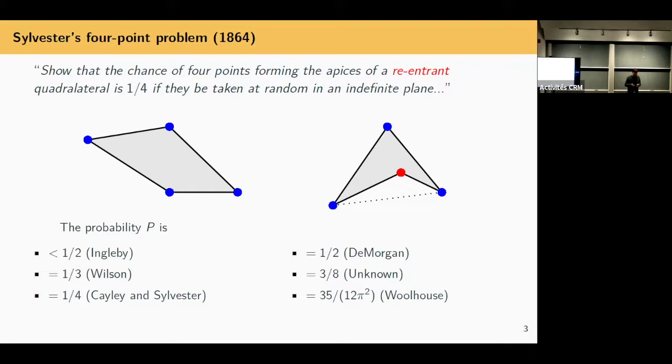Okay, so you can start to think about maybe, are they wrong answers? Or maybe if you parse the question again, maybe it's the wrong question, right? What does the word chance mean, right? If I take 4 coins out of my pocket and throw them in the air and they drop, it shouldn't affect the probability if I do this on the other side of the room. I should have some translation invariance, right? But it should probably also be some kind of uniform density. Am I doing this on the plane? What's the underlying probability measure, right?